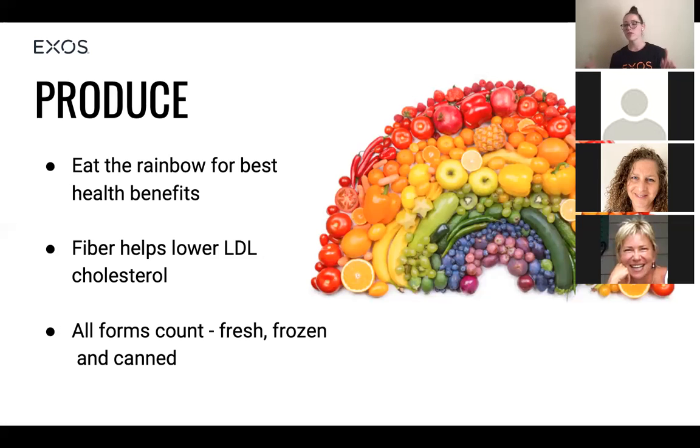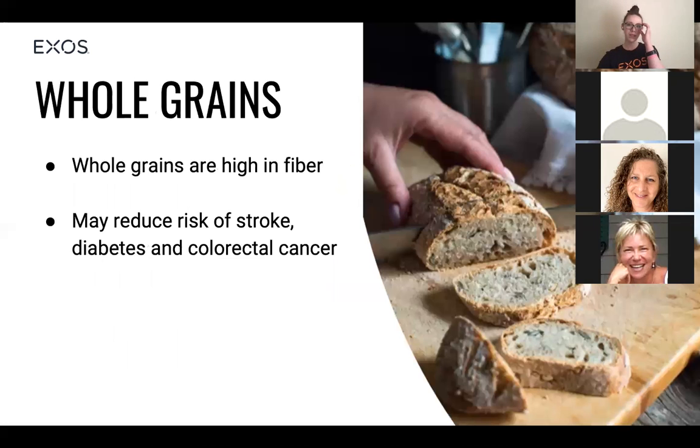Lastly, all forms of produce do count. So this is a pro tip hack. If you go to the store and want to buy groceries for the week, but we're not going to eat everything within the first few days, you stock up on some frozen green beans as well as some fresh green beans, maybe some canned green beans. That's going to last you a little bit longer, and all of them have nutrients, right? So when you're at the store, aim to get as much produce as you can. And if you're not going to eat it quick enough, you can always freeze it. You can buy frozen. I know I love doing that. So it's definitely an easy way to get more fruits and vegetables in.